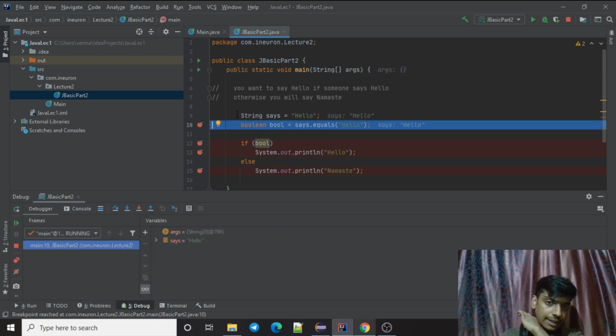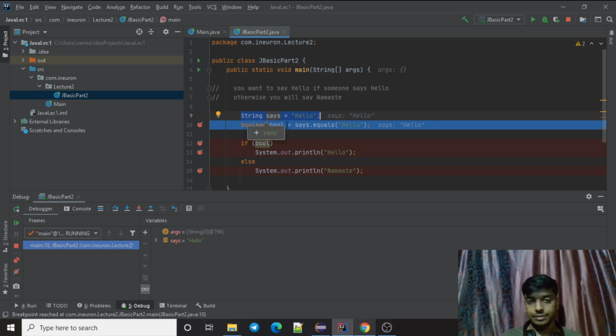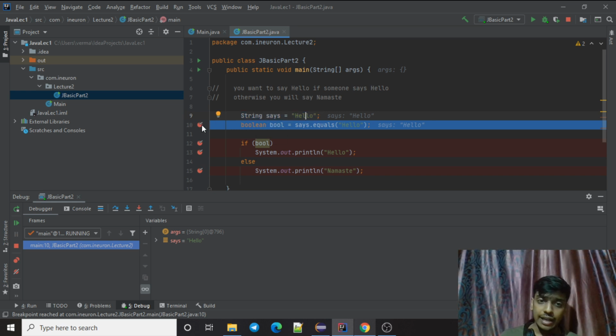So as you can see, first this statement runs, it will load hello into says. Now because I had put a breakpoint here, it will stop here before running this thing. So this basically means check this statement, whatever it returns, store it into boolean.